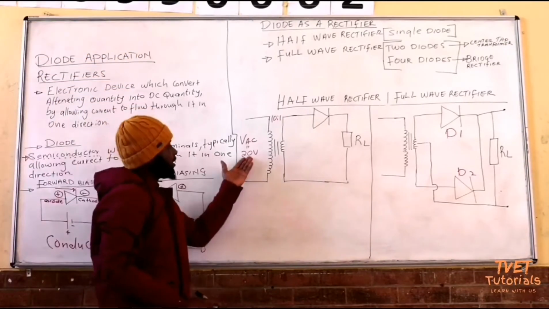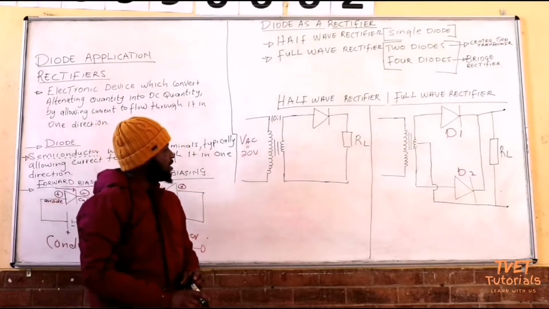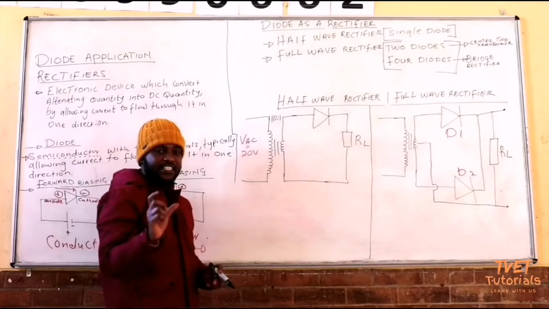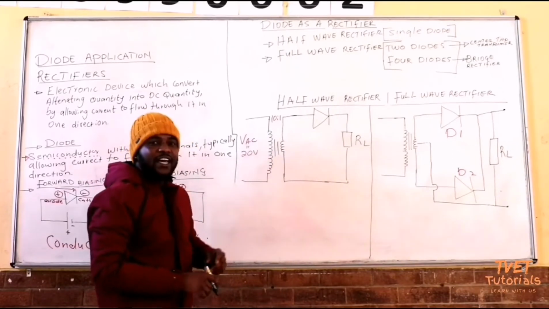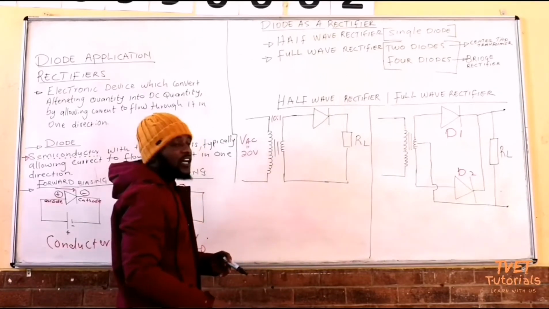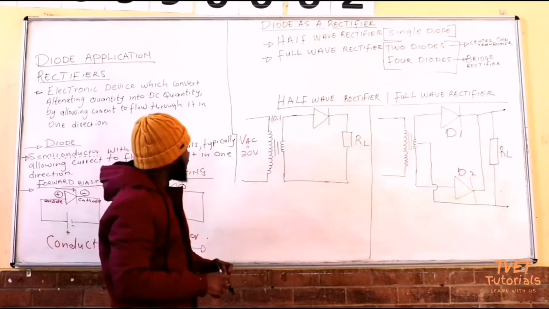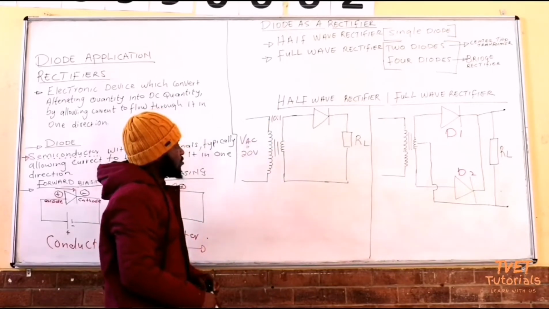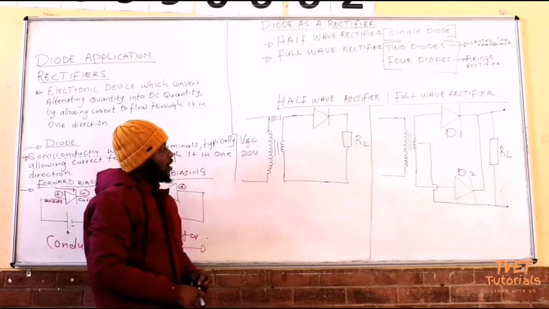And they say to you, calculate the secondary voltage, right? So the secondary voltage is the voltage that you are going to measure across secondary windings. That is the secondary voltage, the value that is stepped down. So you are stepping down 20 into a certain value. It could be 5, for example, or it could be 10 because you are using the step down transformer, right? So the primary voltage can be measured across the primary windings. So the secondary voltage can be measured across the secondary